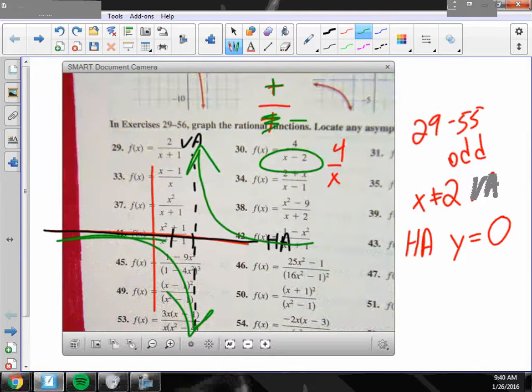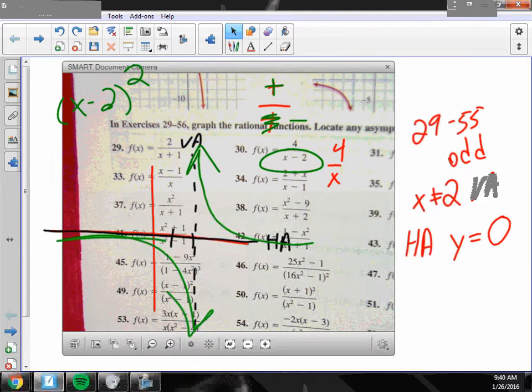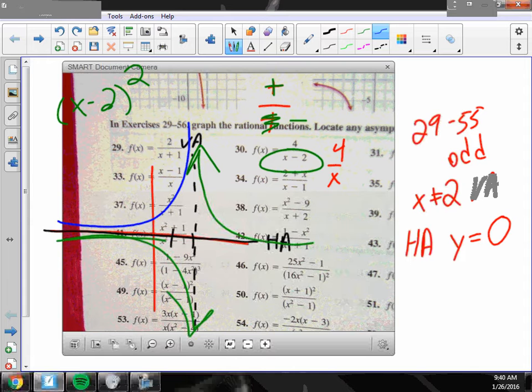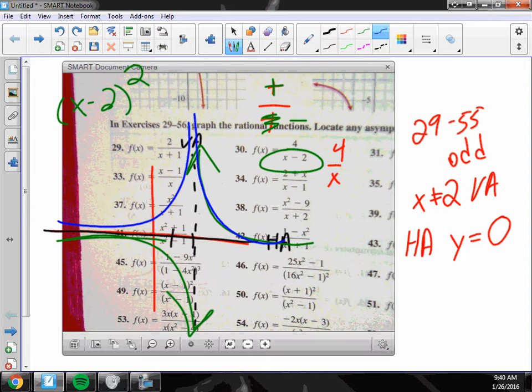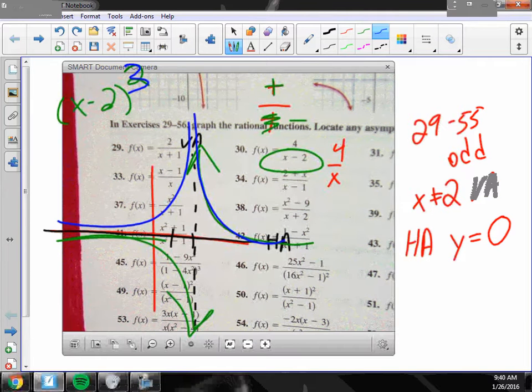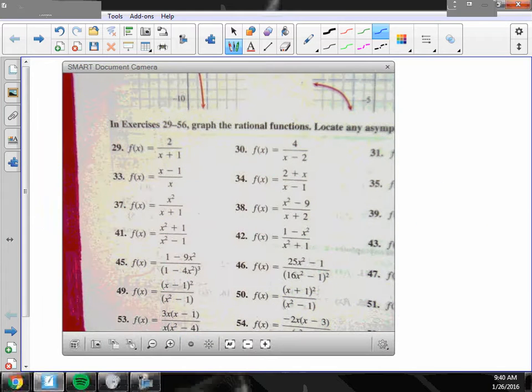If it would have been x minus 2 squared, then that asymptote would be approached from the same direction, or they both would have been down. They would both be up, or they would both be down. What if it was x minus 2 to the third? Then there would be an up and a down. Okay, now that gets a little bit more complicated when you throw in multiple vertical asymptotes, so we'll do some of those. Okay,